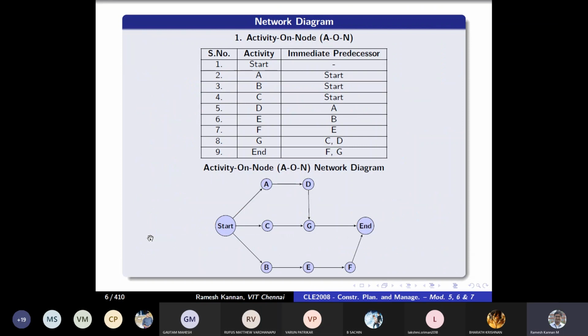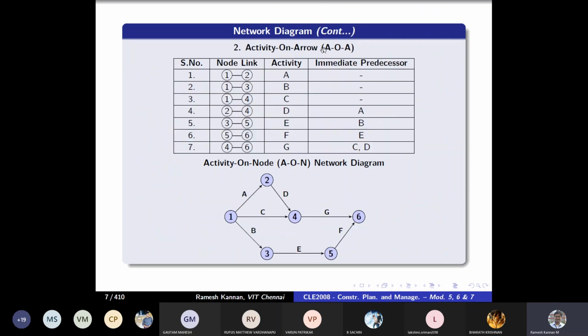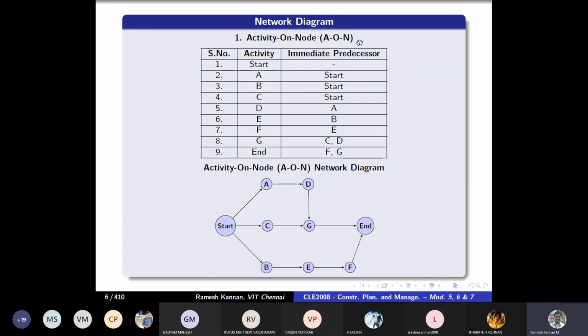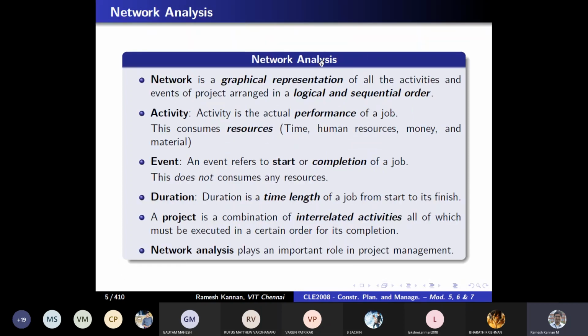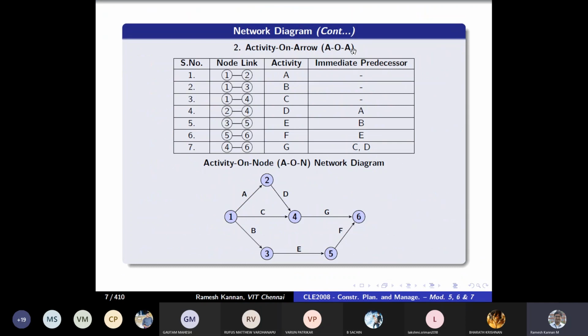Before we get into the network diagram, you have to understand there are two types of network. One is called activity on node, AON, and the other is activity on arrow, AOA, right? Many times, whenever a question is asked in an exam with activity on node, students tend to do it on activity on arrow, right?